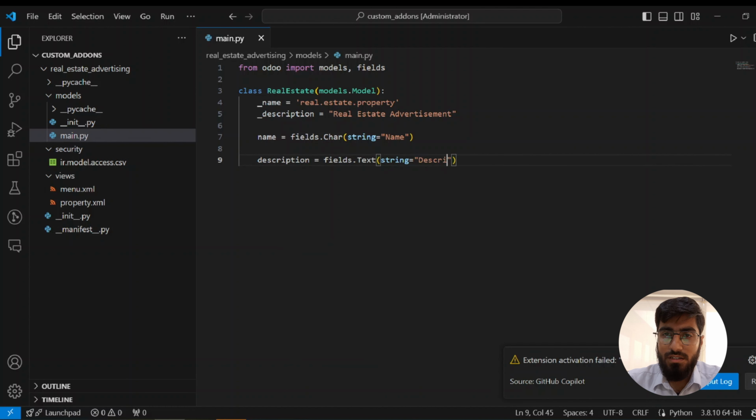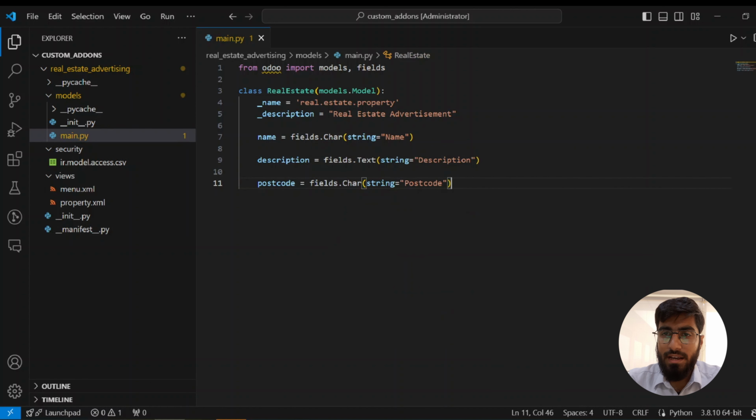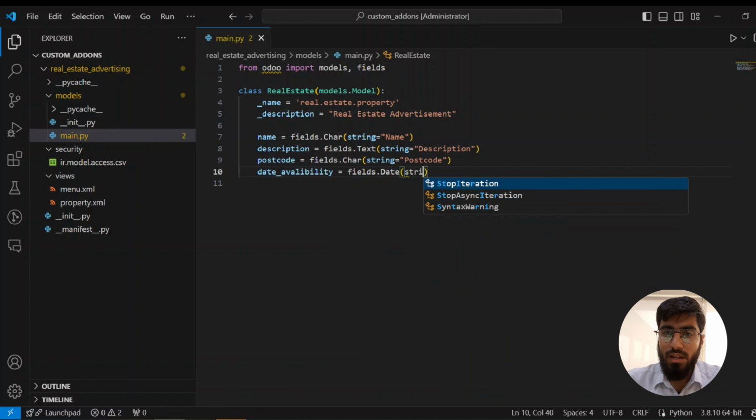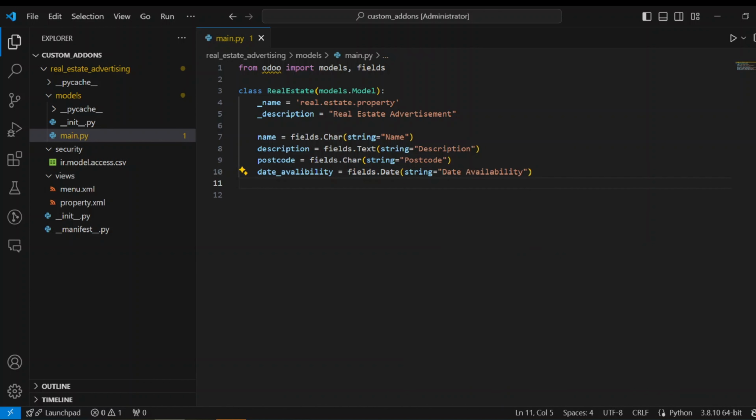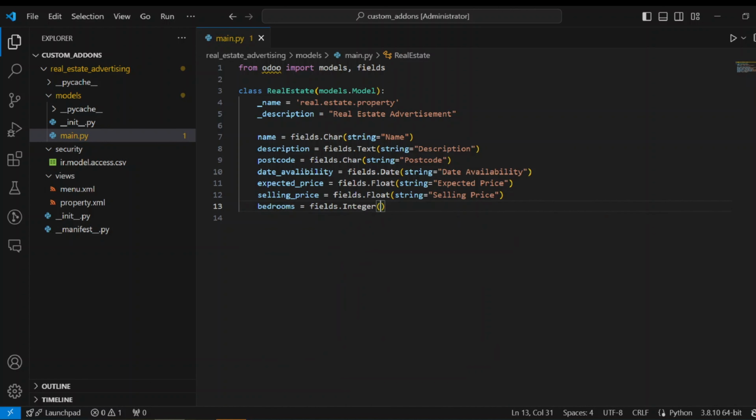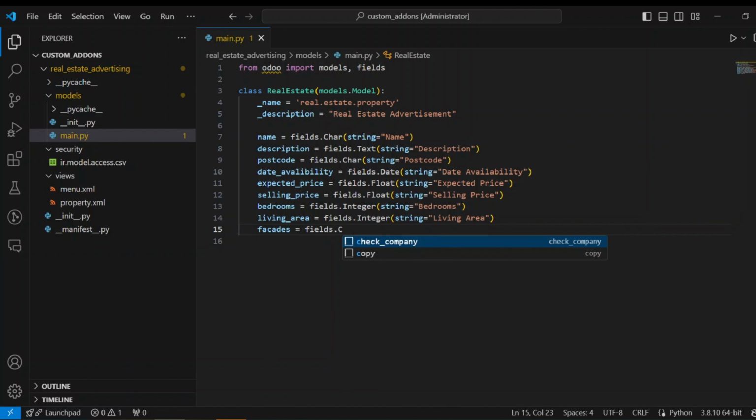Description, a text field, postcode, a character field, availability, a date field, expected price, a float field, selling price, a float field, bedrooms, an integer field, living area, an integer field, affiliates, an integer field,